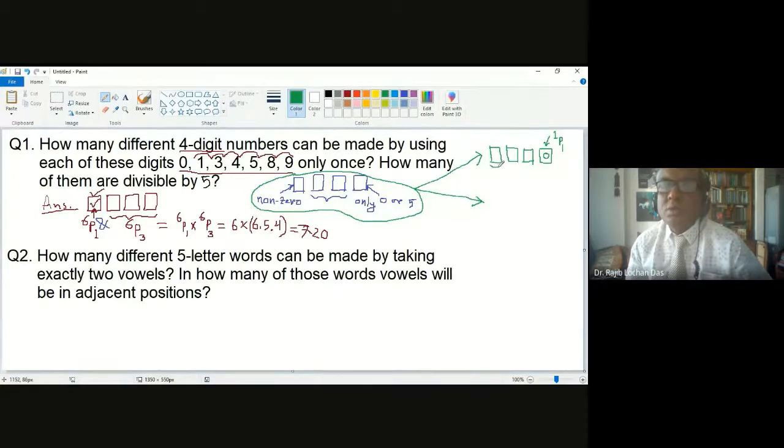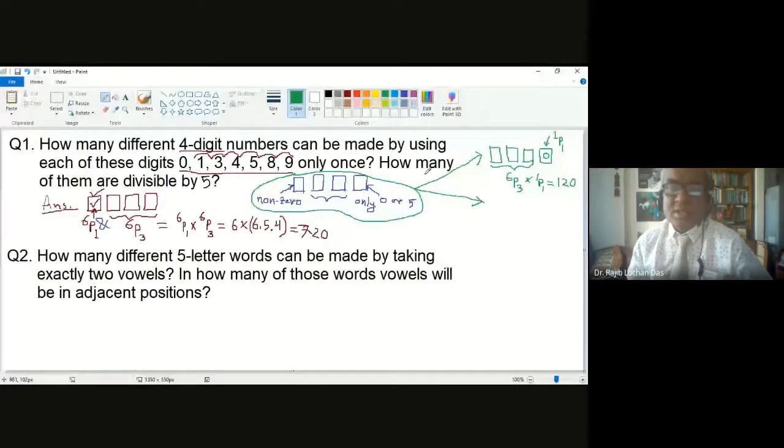And you have no chance of getting 0 in the first, so you have no restriction. You can put any number here. You have 6 numbers and 3 positions, so 6P3. So that will be fine. So you can say the last digit is 0 and the 4-digit number will be 6P3 into 1P1. That is your answer. So this is actually 120. So this is the first part.